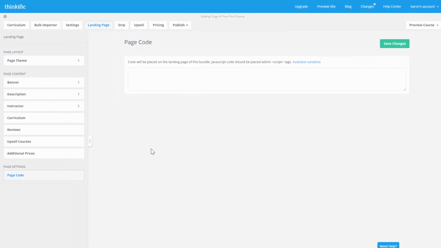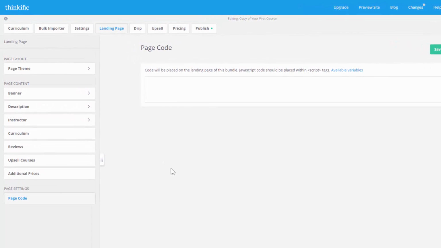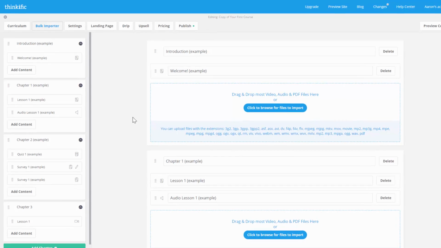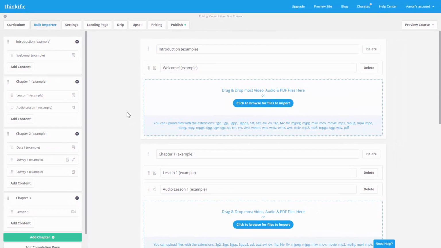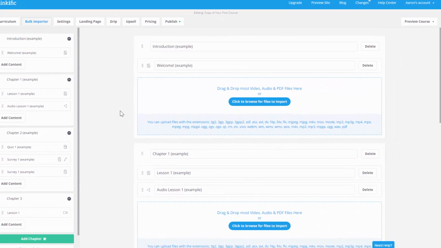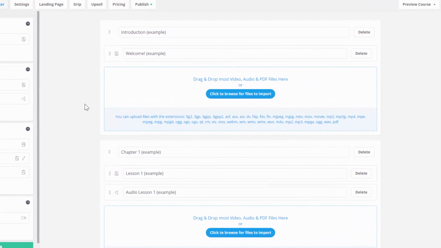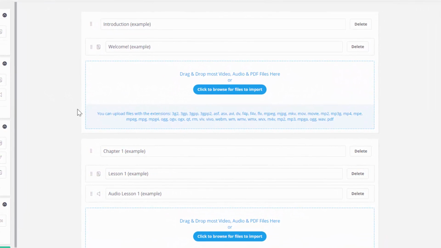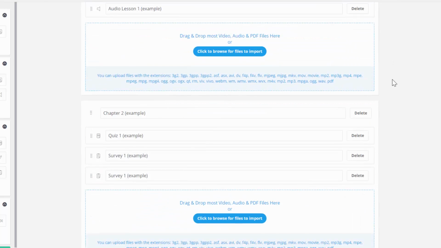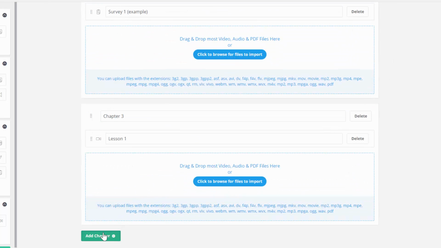So let's say I had a whole bunch of existing course content already, and I want to add it all to my course, but not one by one, just like we did in the curriculum view. Let's head over to the bulk importer to do that. So in the bulk importer, we have some windows here where we can drag and drop some files, and Thinkific will import them all and optimize them all at once for us, so we don't have to do it one by one. From here, we can also rearrange some lessons, delete some lessons or chapters, as well as create some new chapters. So let's make a new chapter,